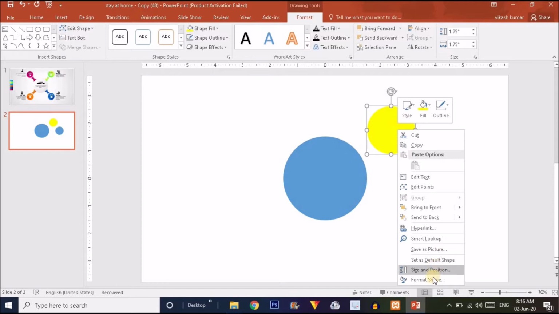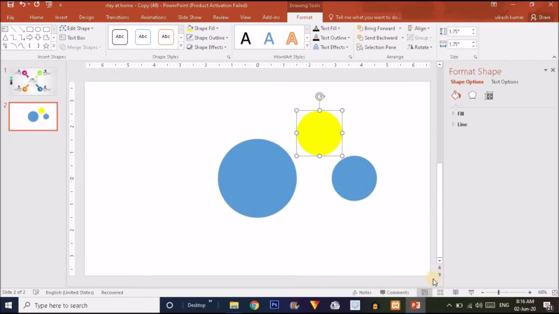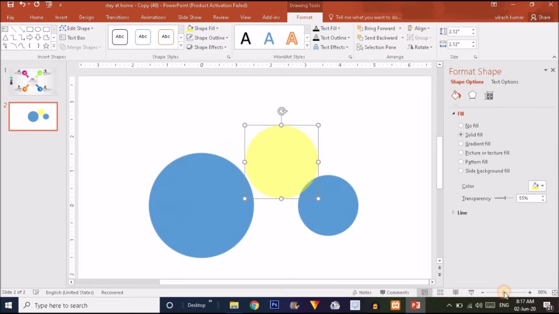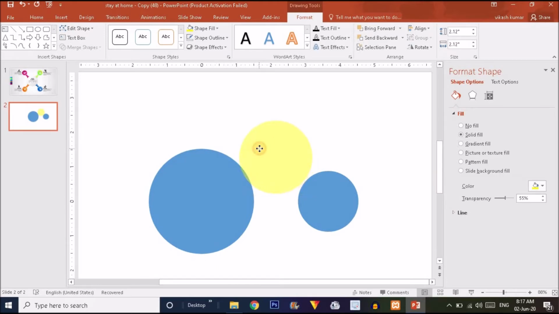So now I'm going to right click over here and choose a format shape option over here, and click on the fill option over here. In the fill option you will get a transparency option. Just make it a little bit transparent like this. Okay, now press Ctrl and Shift together, and I'm dragging it outward to make it a little bit bigger like this. Now place this over here. I'm going to bring this circle a little bit closer like this and place this. I'm going to zoom in so that I can perfectly get the circles. I'm just placing it over here.